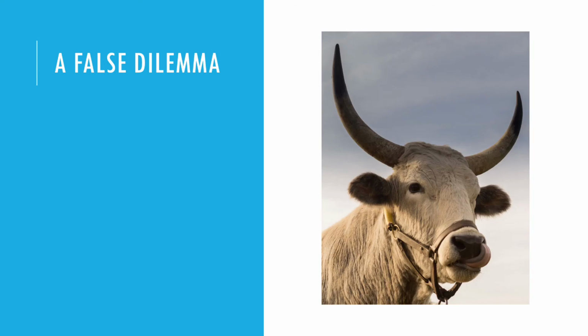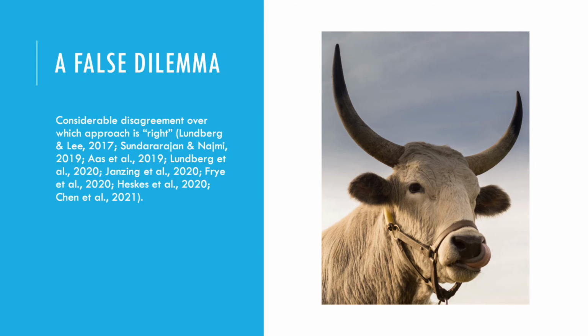And I want to posit that that's really a false dilemma. And that's what the horns of Bessie here are trying to suggest to us. So the false dilemma is that one approach is going to be superior to the other. We're always more interested in the system, or we're always more interested in the model. And this is just a random sampling of some of the literature in the last few years that have tried to take a strong position one way or the other. The reason I think this is a false dilemma is that each offers the right answer to a different question. So the methods are really complementary.